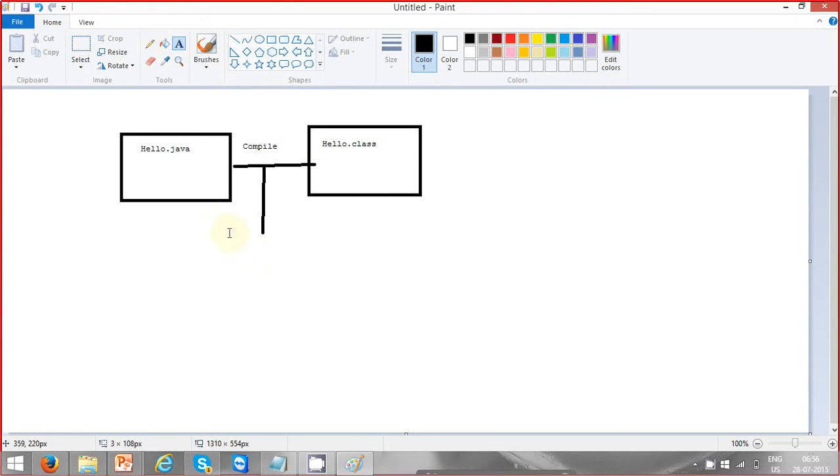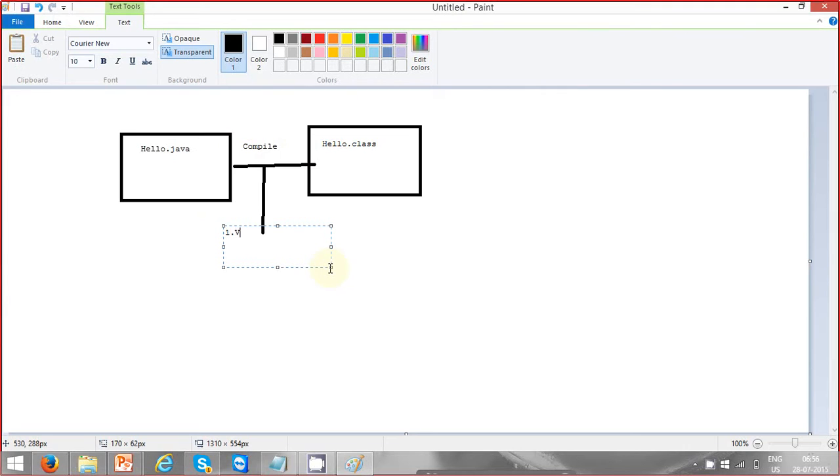Before generating this class file, it validates the Java file. If any syntax errors or any problems are there, it generates compile errors. Let's say in this line this particular syntax is not valid, or this particular way of defining the statement is not valid; such kinds of compilation errors it generates. If everything is fine and there are no compilation issues, the compilation will be a success,